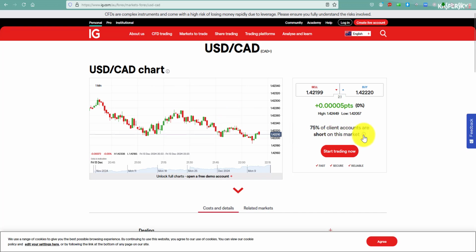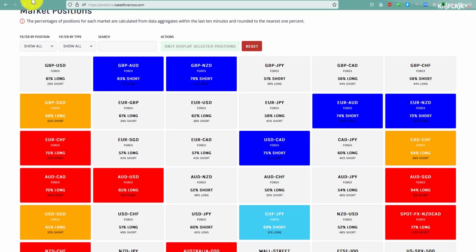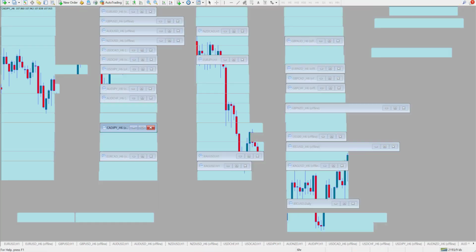So this is different from sentiment. This is not how do you feel about the USD CAD. This is what are the traders doing with the USD CAD. That's what this is. And so why would I pay attention to this? The reason I would pay attention to this is that typically when there are a lot of retail traders, and IG Markets has a big chunk of the retail market, when they are all piled in on one side, like right now they're all going long the Aussie, that means the Aussie is probably falling. Let's test that idea.